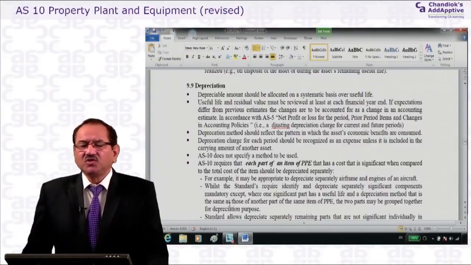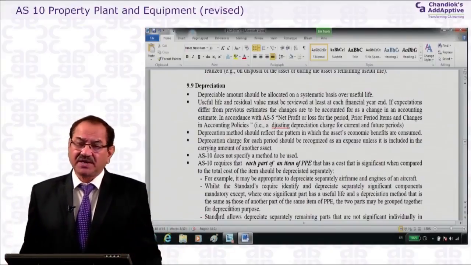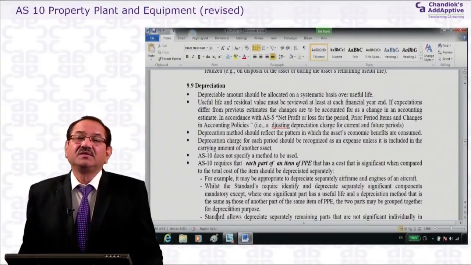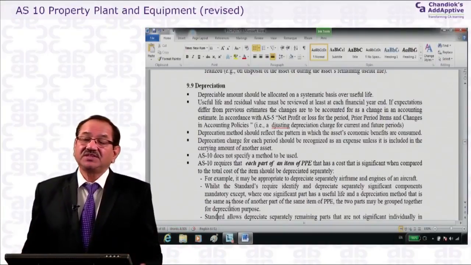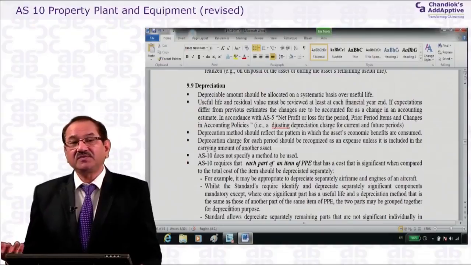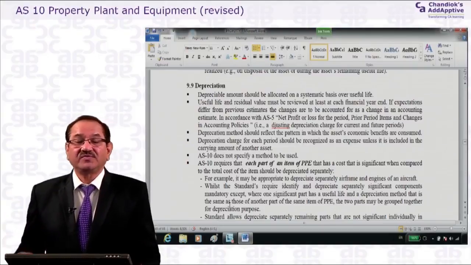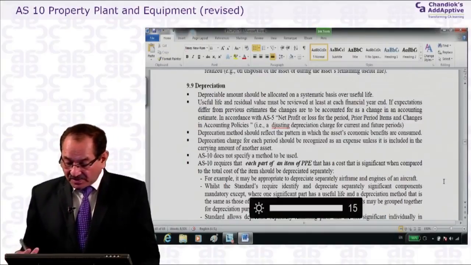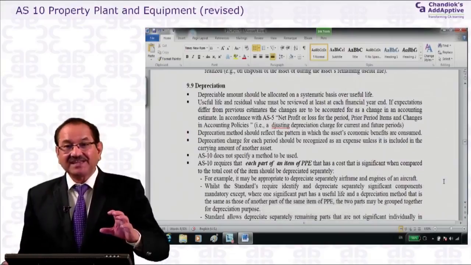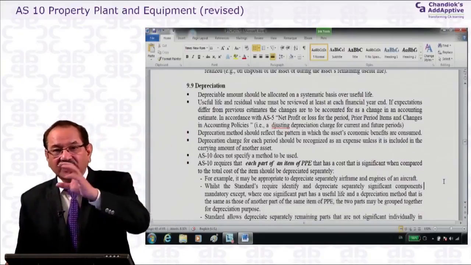But how will that 30 crores arise? In the first year you will get a benefit of 5 crores because it's a new plant and machinery, there will be good production, you will sell in the market, and you will get more benefit. So first year 5 crores out of 30 crores. Next year you think you will get a benefit of only 4 crores. The year after that, 4.5. So if the pattern is like this, first year 4 crore, then 5 crore, then 4 crore, then 4.5 crore,